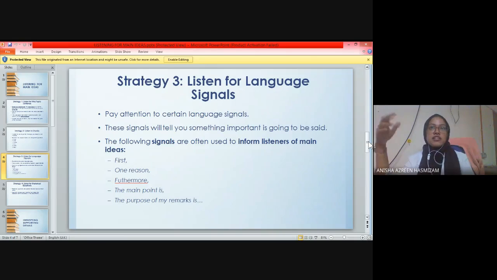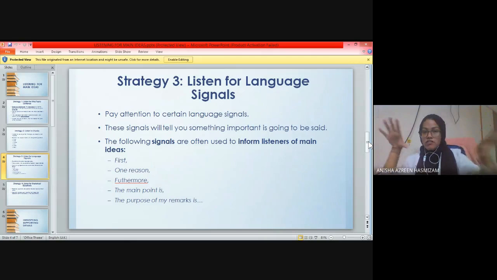Okay, so for example, I am talking about, okay, first I'm going to talk about recycling. Recycling is very good for the environment. Then next, another thing that we can do in order to save the earth is by reusing the products that have been used before. So then I say, okay, reusing is also very good because reusing can help reduce the amount of items. Like that. Okay, so now you know there are two main ideas. The first one was recycling and the second one is reusing.